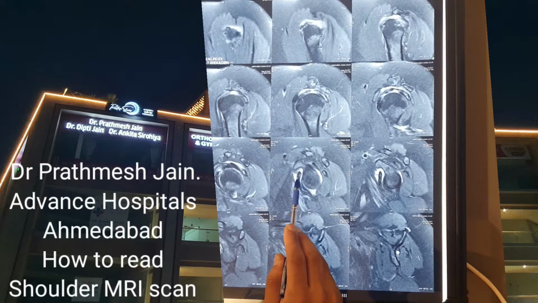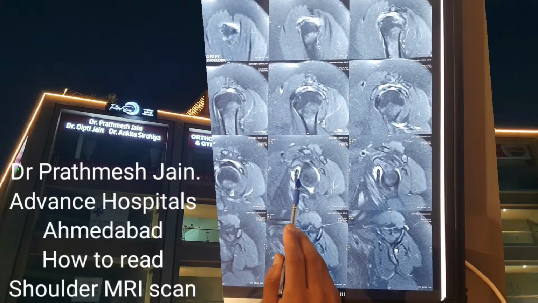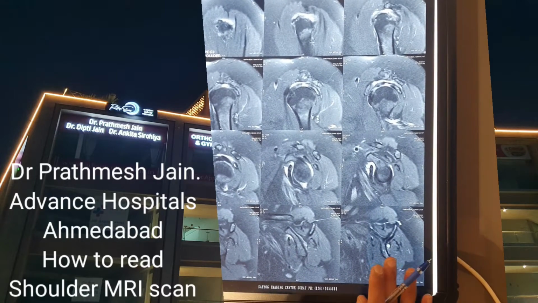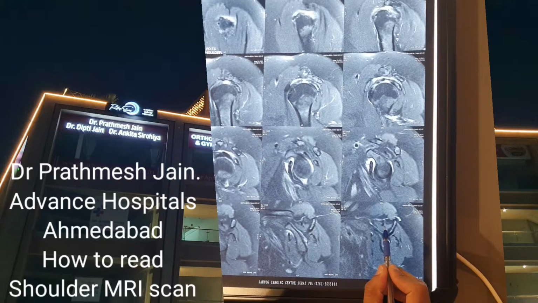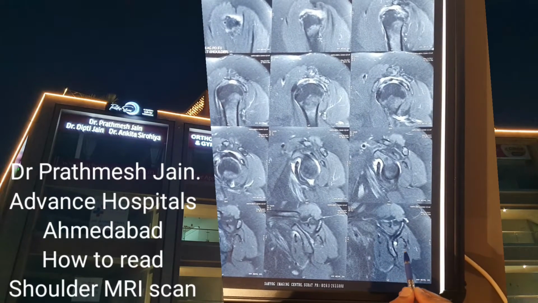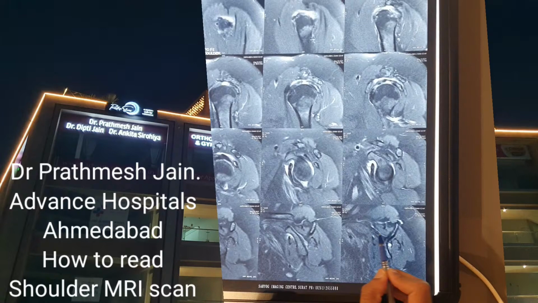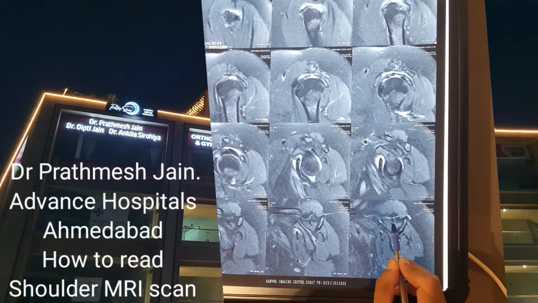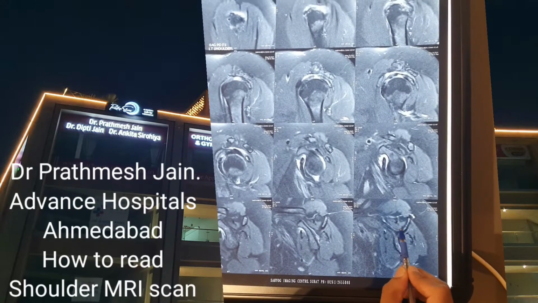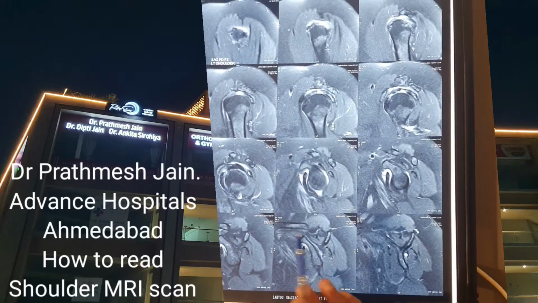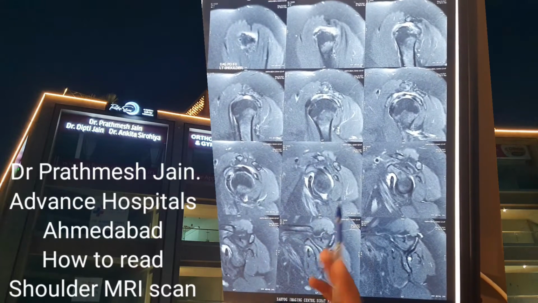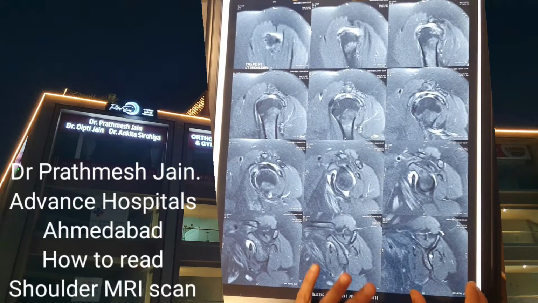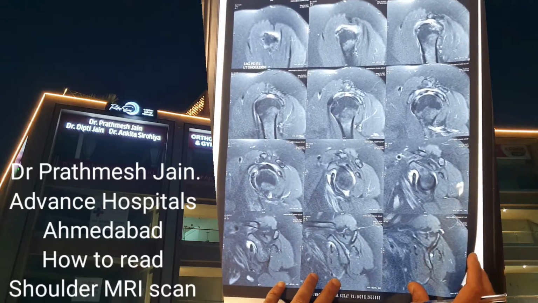This is the subcoracoid space, in which you will see the subscapularis muscle, and then you can see the Y-shaped appearance in the medialmost aspect, which shows the muscles: supraspinatus, subscapularis, infraspinatus, and teres minor. Here you can see that the muscle bulk of all the muscles is good. So there is no atrophy or degeneration in the muscle tendon. This looks more like an acute kind of tear, a slit tear, a long U pattern tear, which is not much chronic and will have a good result if you do operative intervention.